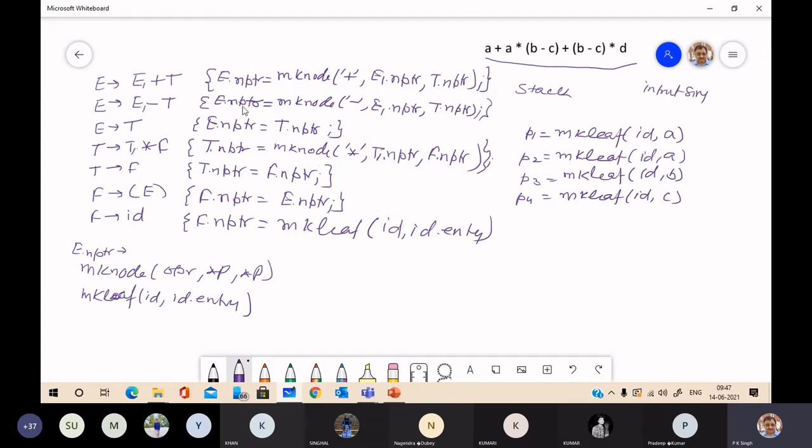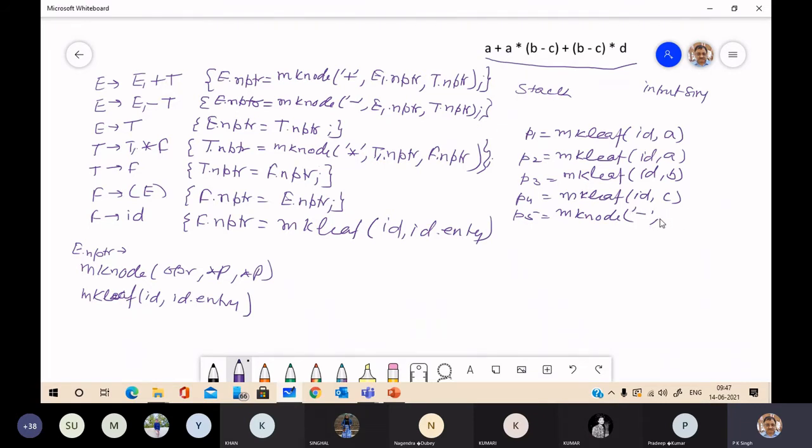So it will call the make node function. The make node function will create a new pointer and return it, passing this information. Suppose it will be P5, make node minus.